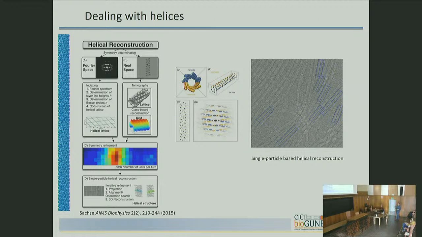But here, what we do is we select stiff, straight segments of those filaments, and then we chop them into different segments with different overlapping. This is something that you can play with, and it's not very relevant at this point. And then work with them as single particles, in the single particle approach we usually use in cryo-EM, and taking advantage, of course, of the helical symmetry. Helical symmetry is taken into account during the alignment, during the reconstruction, in all the steps. And it multiplies the number of asymmetric units that contribute to the final average you're going to calculate in cryo-EM.